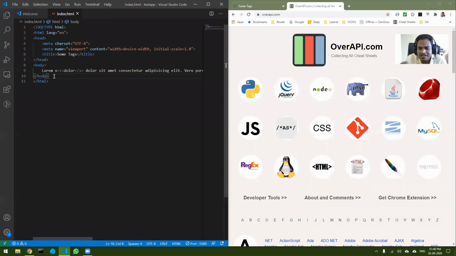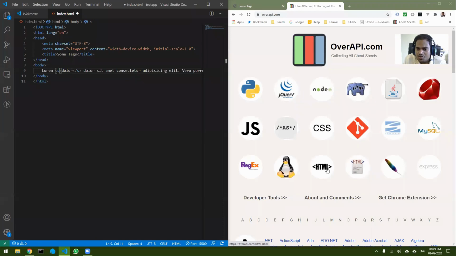Obviously it will be much faster if you type it manually, but this also helps. It is not that you should not use it. Many times I have seen people telling me to use Notepad or somewhere where type hinting is not there, so that you remember the tags faster. There is nothing like that.